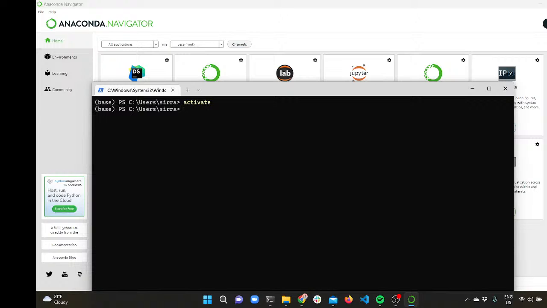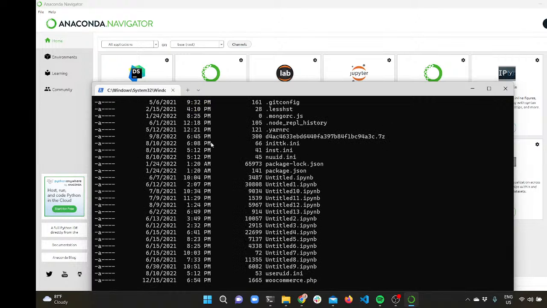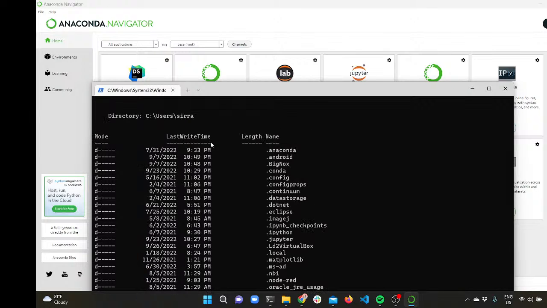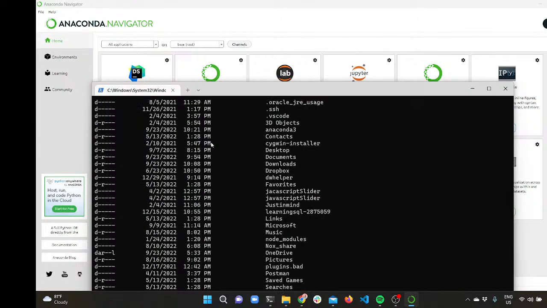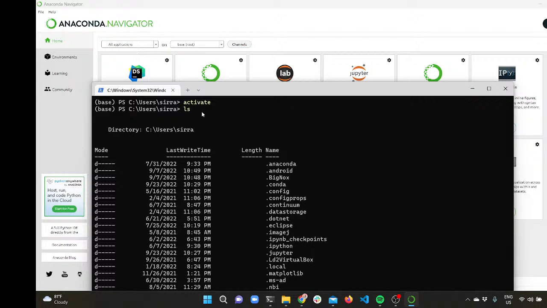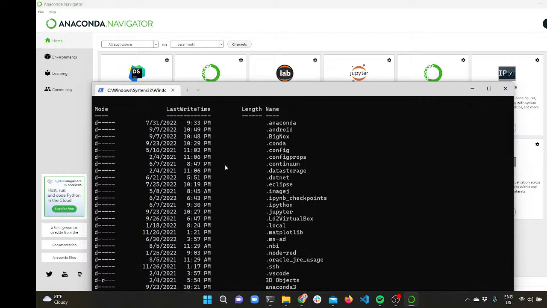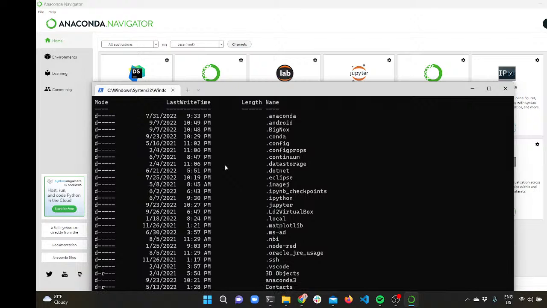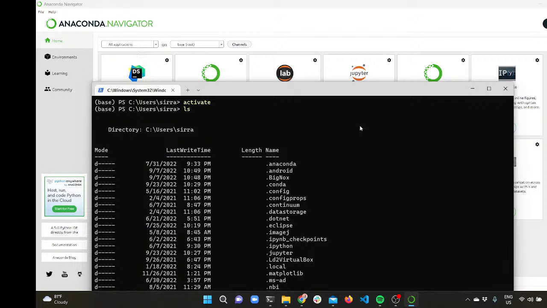And what this does is it accesses base. We were already in base, but now let's type ls, and we can see that there's a number of files in our directory. There is a specific syntax to find all the packages you have, but I have forgotten that particular layout. But the long and short is you'd be able to install a number of packages from here using pip install,